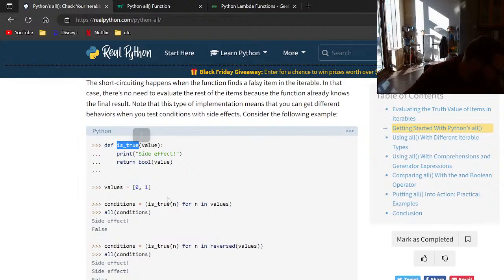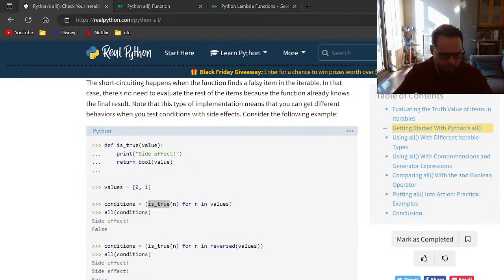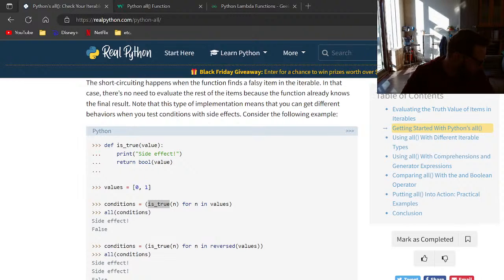Okay, so this looks like what we kind of want. So essentially what we're going to do is define a function and call it is URL. That's going to take a URL, and we're going to return HTTPS